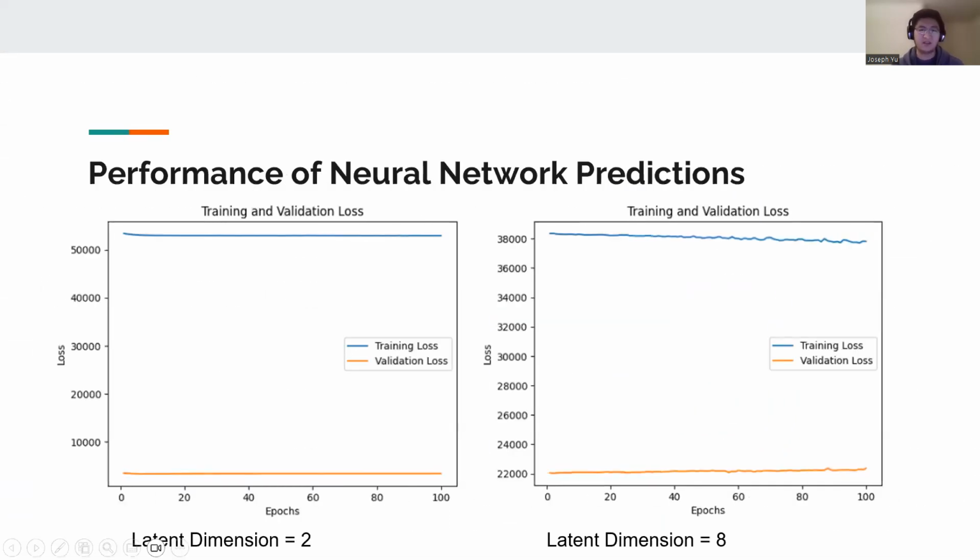So here we show the performance using dimension 2 and 8 examples and comparisons. The two figures show that the training progress with our layers in 100 epochs does not show meaningful learning progress. However, we do see that with more dimensions, the overall loss seems to be generally reduced in 8 dimensions compared to our 2 dimensions on the left. However, both the 8 dimension and 2 dimension models have very poor training results and poor performance, and we do not see a lot of convergence or learning between the training loss and the validation loss